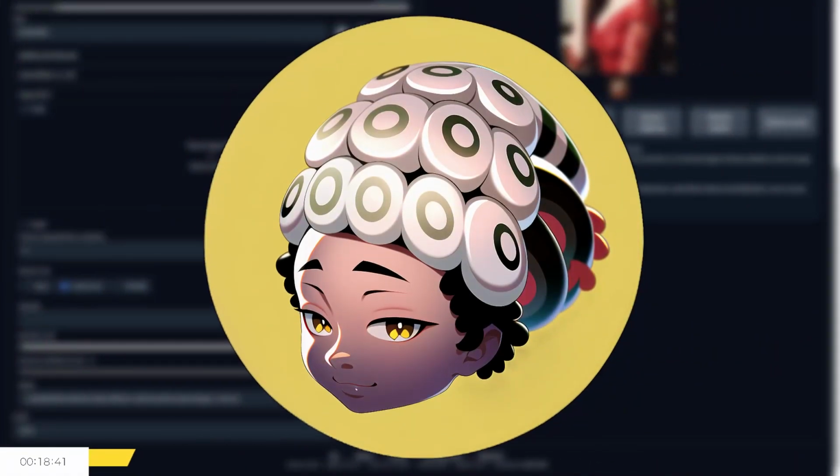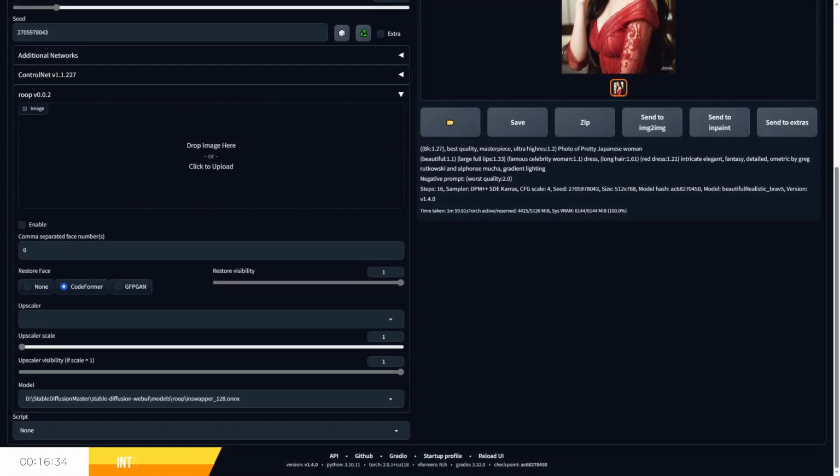Roop is an extension for Stable Diffusion that allows you to transfer faces from one character to another, and in this video, I'll be breaking down and demonstrating this amazing tool in action so you can spend less time reading